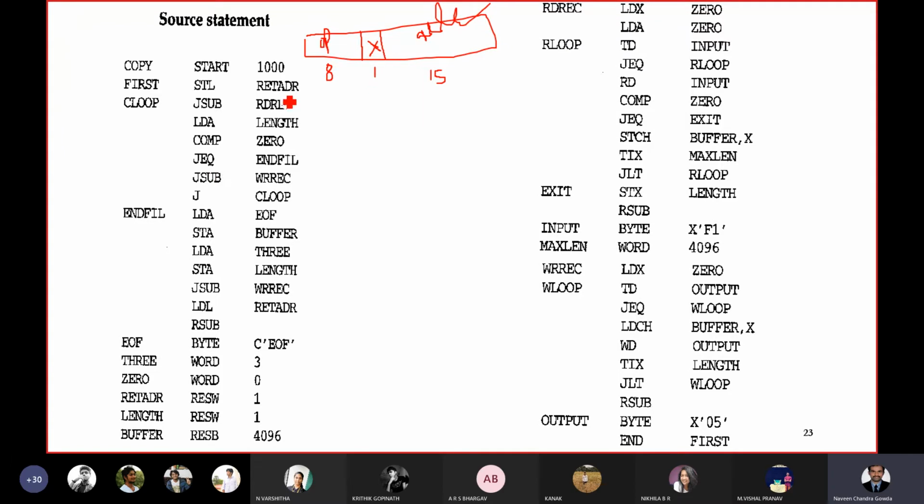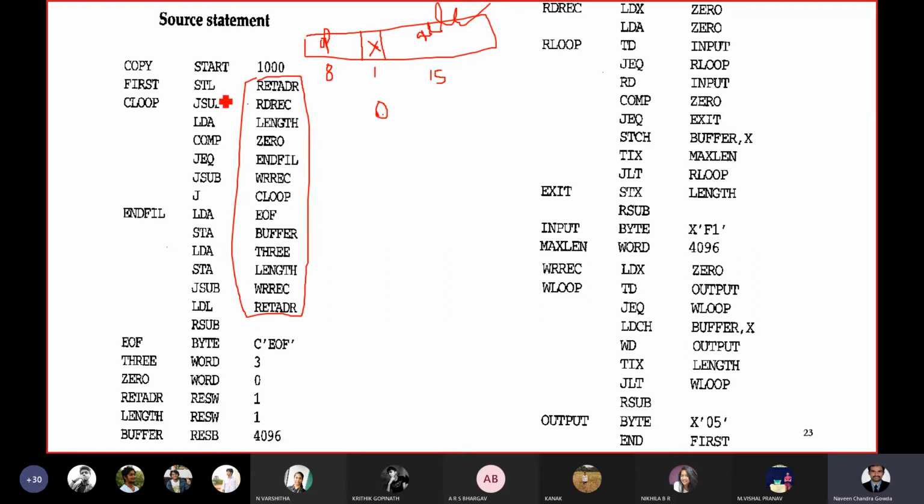If you observe throughout this program, in all these instructions, you are nowhere using the indexed addressing mode. I mean to say, you are nowhere using the X register. All these instructions belong to direct addressing only. So for all these instructions, X is definitely set to 0.